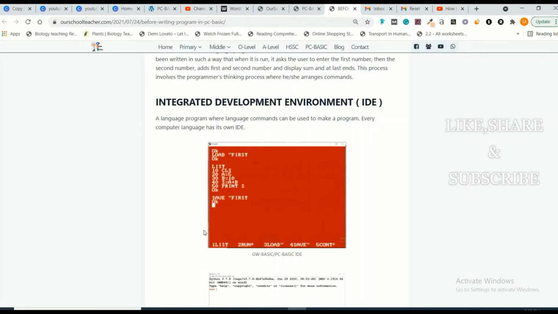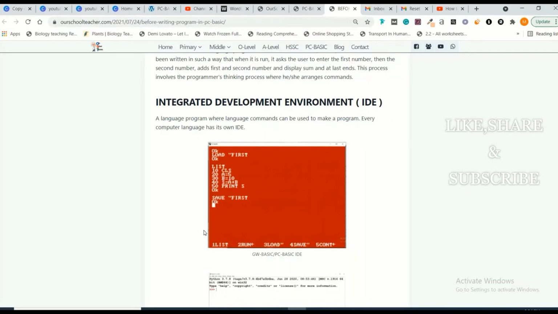What we can do, we cannot run our older software on our modern computers where the Windows operating system is being run. So what we do, we are using an emulator. An emulator is, you can say, a variant of the GW Basic program which can be run on Windows.